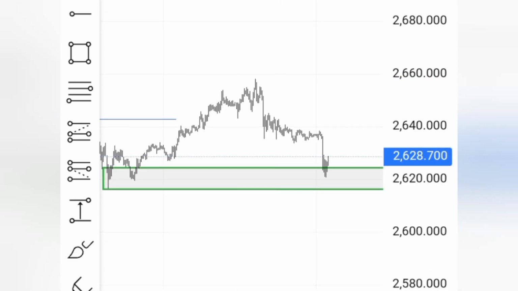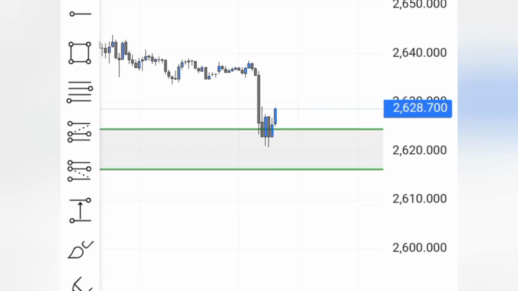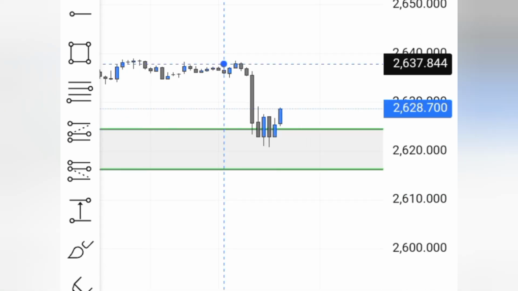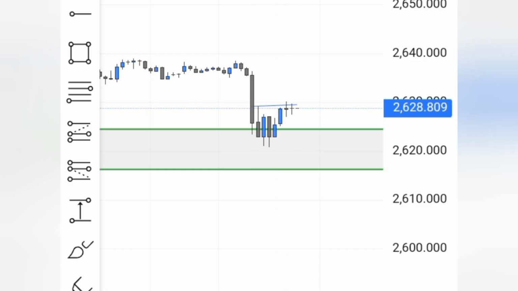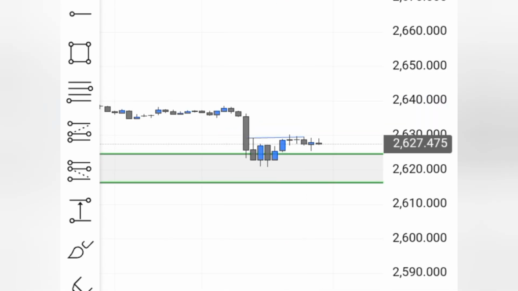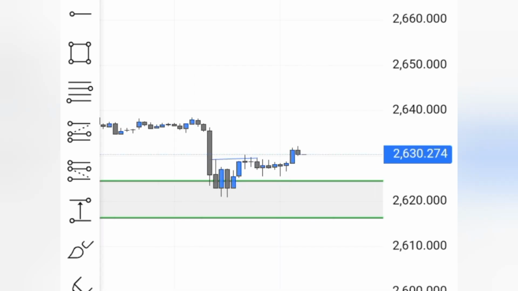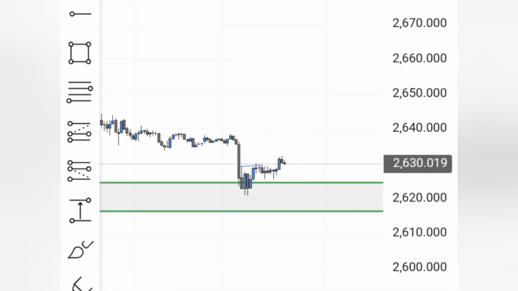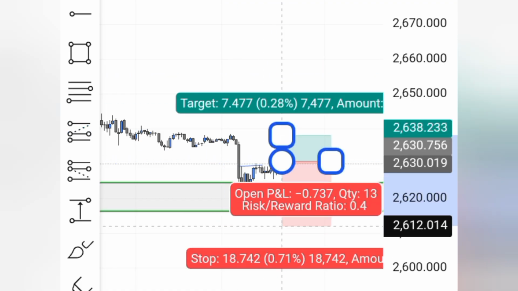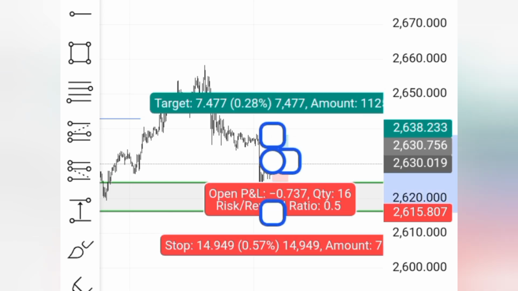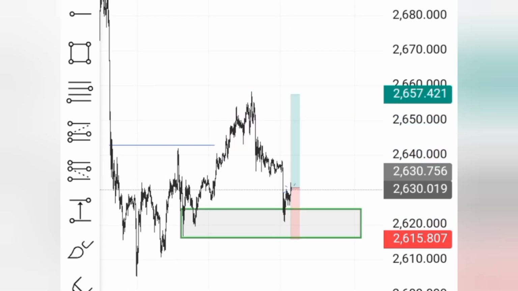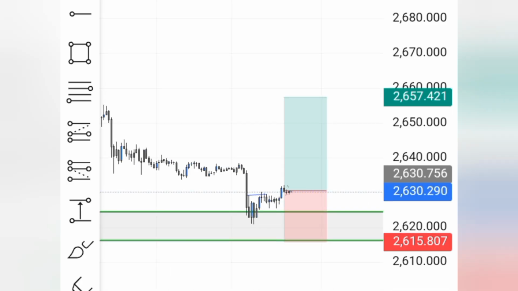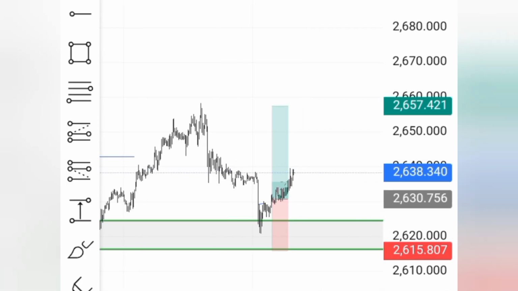So now when it came to your support, you can wait for this to be broken right here. Okay, and you enter. Okay, so can you see this? You can wait for that. Yes, after that high being broken, then you can enter your market right here. Okay, so now this one will give you a very small stop loss. Okay, very small stop loss right there. Then you can be able to target right there. Okay, so now let's see how the market moves, right? Has been hit. Okay,